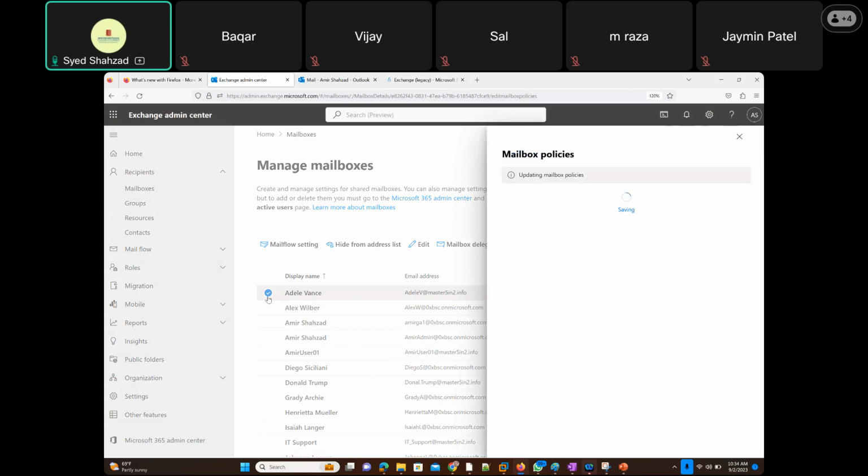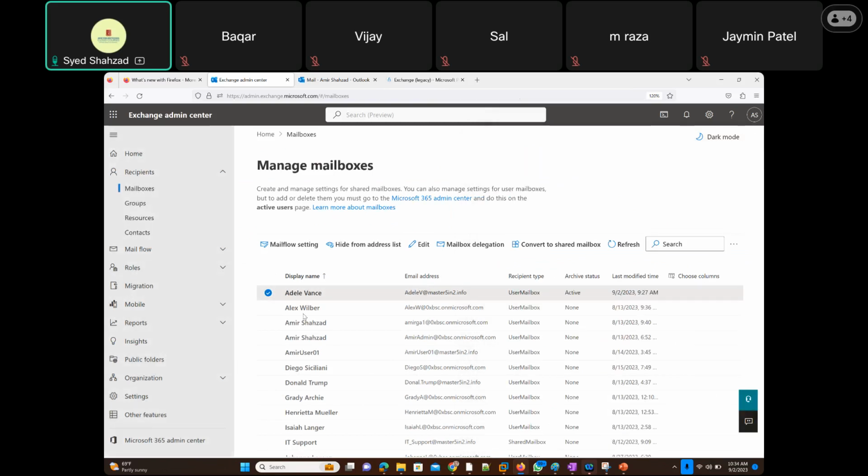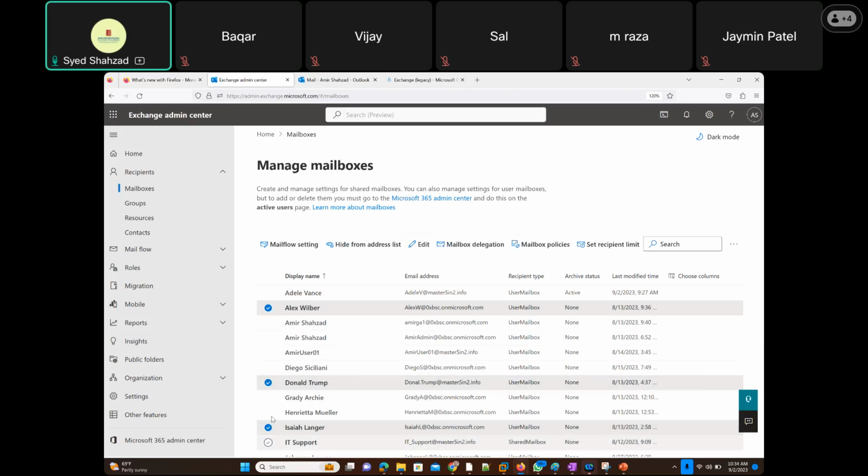But I could select multiple users as well. Suppose the boss says it would be Alex and Donald and Isaiah and Grady. All 4, put the policy on multiple users, more than 1 user. And obviously you don't want to go one by one. So how do you do that? Set recipient limits, mail flow settings, mailbox delegation, edit. Suppose I go for edit, and